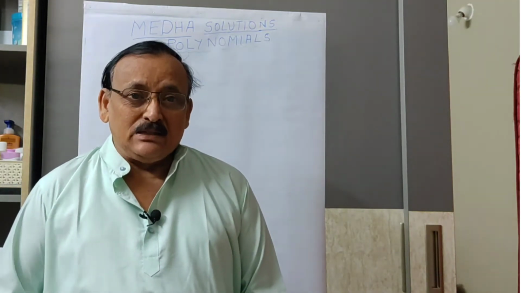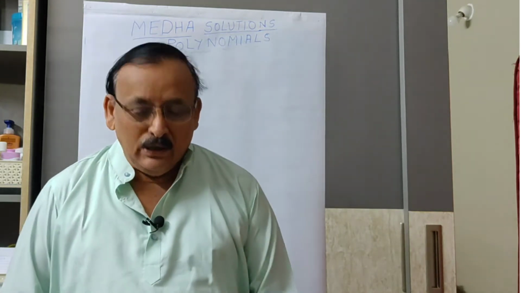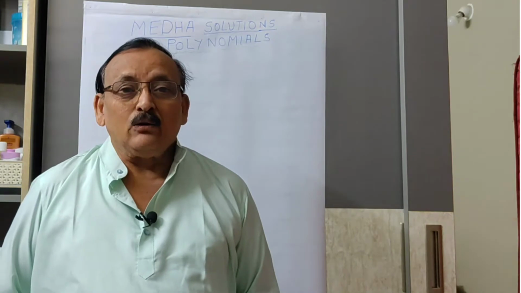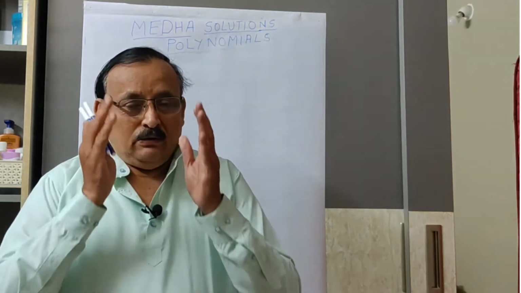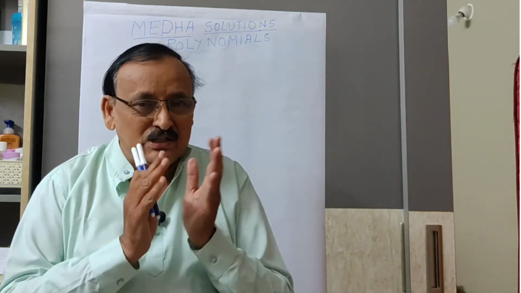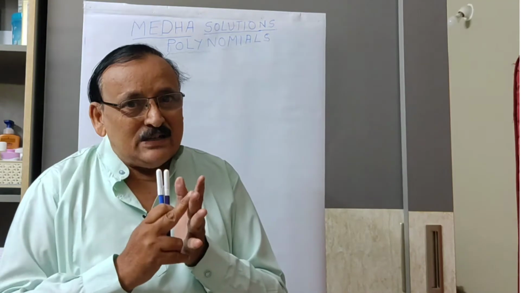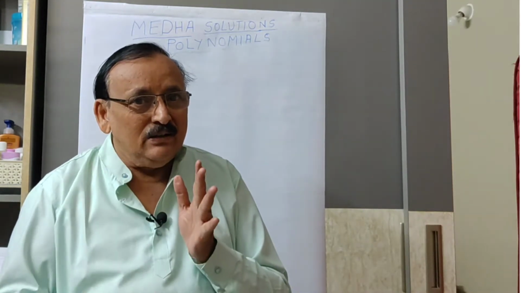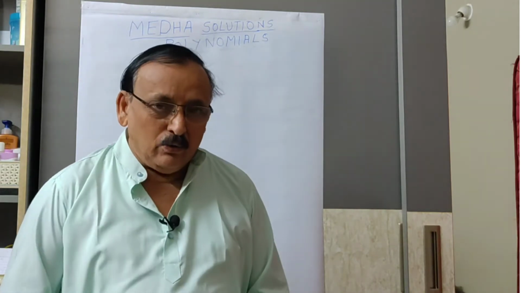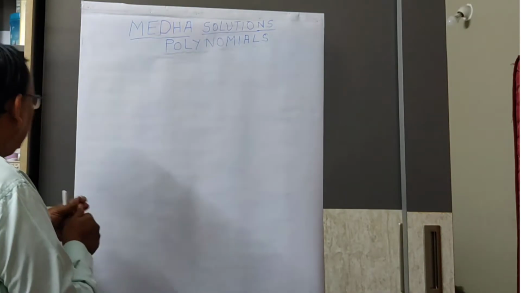In my previous video on polynomials, we learned about the types of polynomials, and regarding the quadratic polynomial we found the factors first and then the zeros, and the relationship between the coefficients and the zeros of the quadratic polynomial. And now we are going to one more sum, which goes like this: